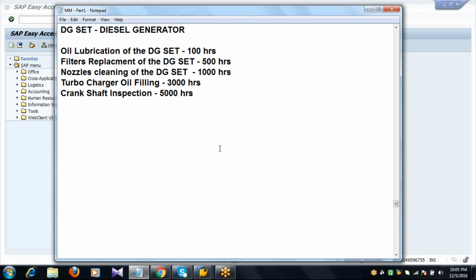There will be one document called a log sheet. I can say it's a service log sheet.